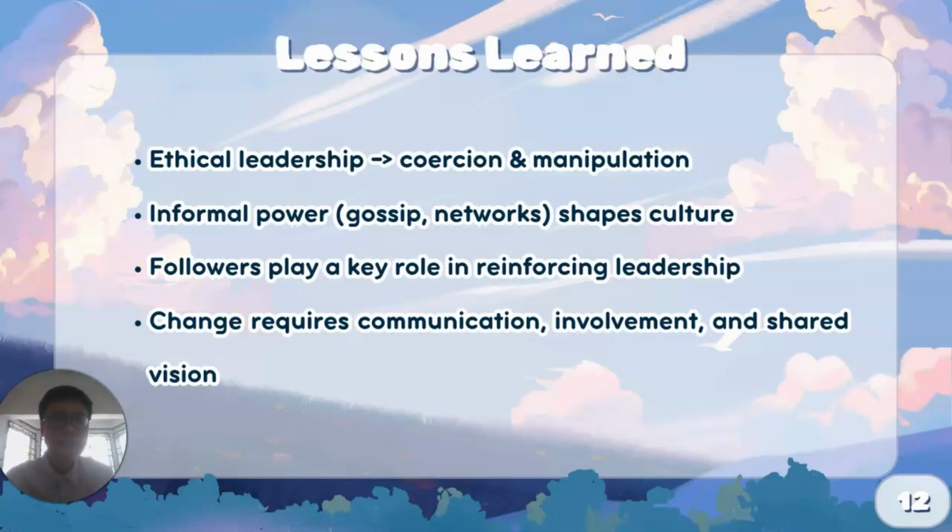Finally, change requires communication, involvement, and shared vision. Cady's Spring Fling speech is a turning point. She used force field analysis to reduce resistance and promoted inclusivity, demonstrating authentic leadership and restoring a healthier culture.